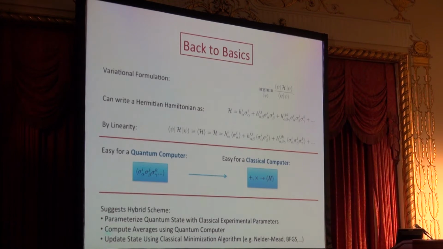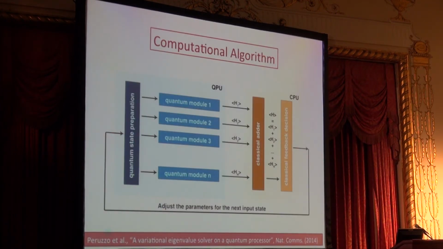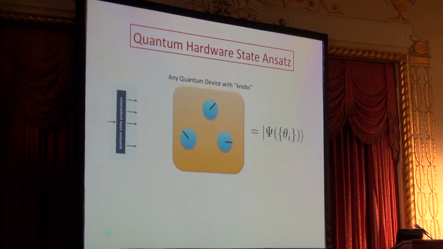So this is very simple, but nobody had done it before. And to me, it's a very simple approach to quantum simulation. You can parallelize if you so want. You can have, as my student Jared likes to say, many quantum processing units, okay? Or many quantum devices that actually can simulate different terms of the Hamiltonian. You add them in a classical layer, and you optimize, okay? And this paper just appeared in Nature Communications that shows you how to do that. This is another collaboration with experiment with quantum optics with a group of Jeremy O'Brien. I'll show it to you in a second.